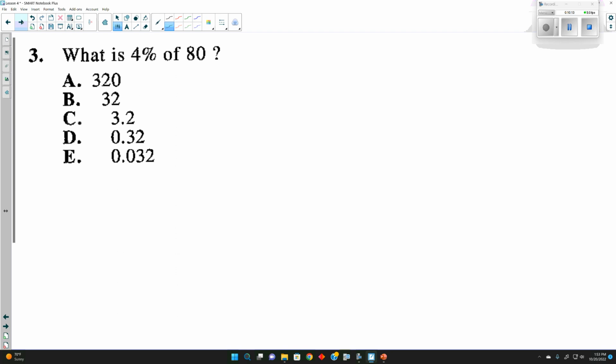So we want to see what is 4% of 80. What is 10% of 80? 8, yes? Because 10% we move the decimal one to the left, so 8. So is A even a possibility? No, that got way bigger. How about 32? No, because 10% of 80